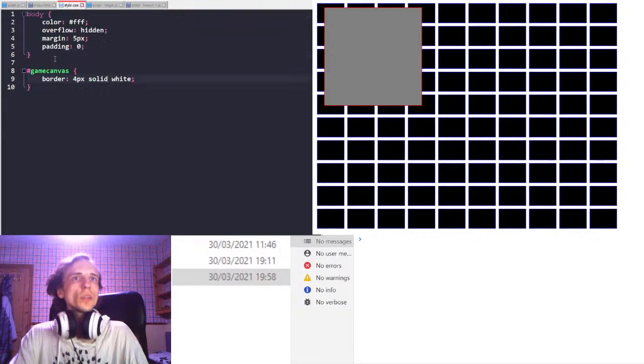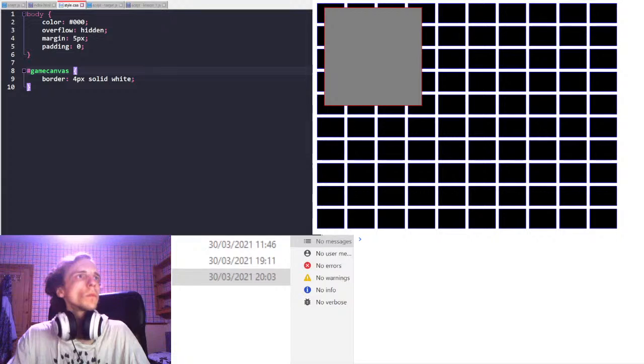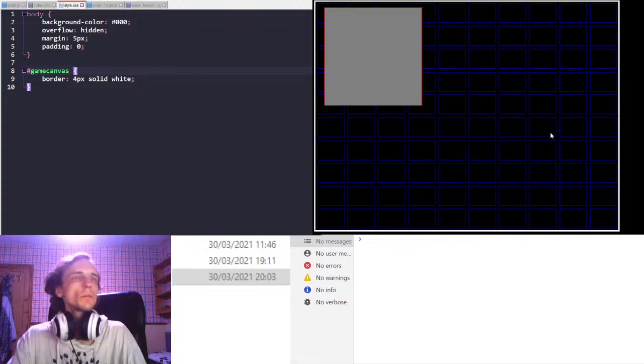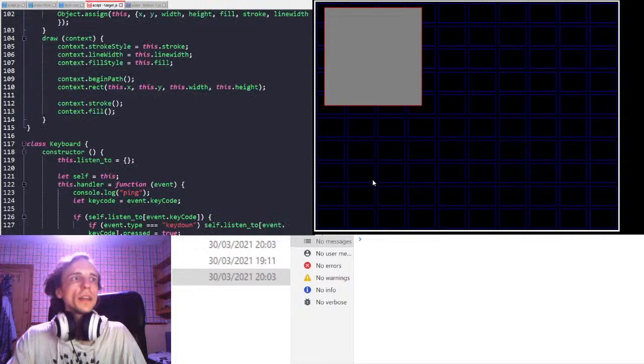In the CSS, we just simply set the color to FFF. I'm going to change that to 000, which is going to basically make it black. Have I got the right thing open? No matter. Oh, it's background color I want. There we go. So we have a CSS sheet that does the styling for us, and then